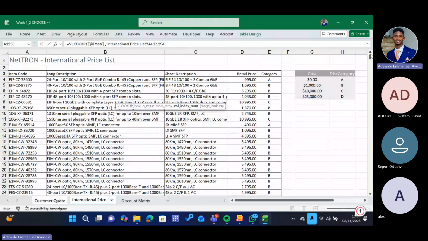If you look at the columns that you specify, the item code is representing index number 1, the long description index number is 2, the short description index number is 3, the retail price index number is 4, the category index number is 5. So the column index number we are actually looking at is index 3 for the short description. You press 3. Now since we want it to populate the exact information that we have for that particular ID, you press